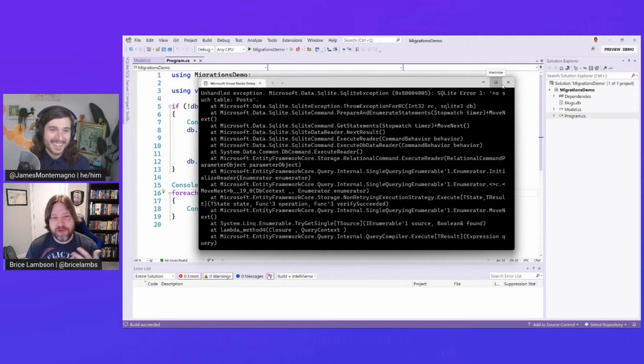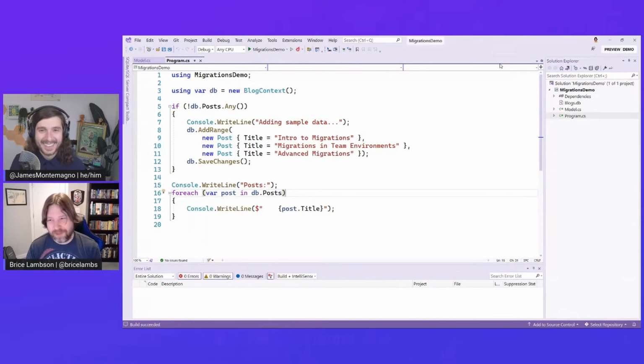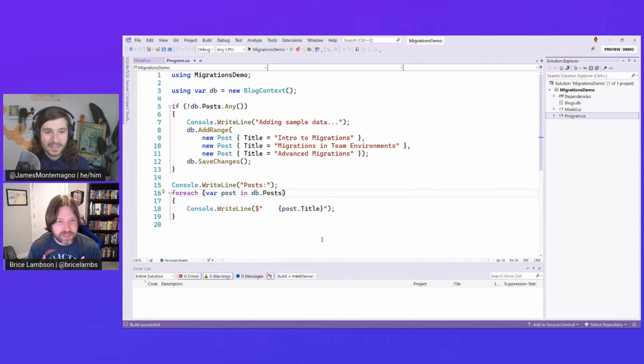So I wrote all my code. It went to query it and it threw because it couldn't find any data. It couldn't even find the database. So let's look at what it looks like to actually create the database. The first step is to create a new migration. And for this, we use the